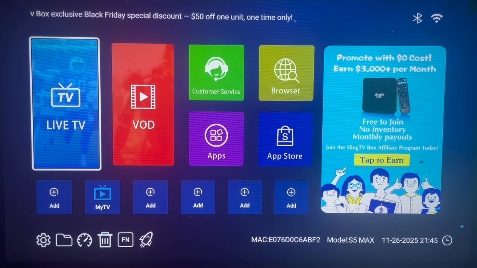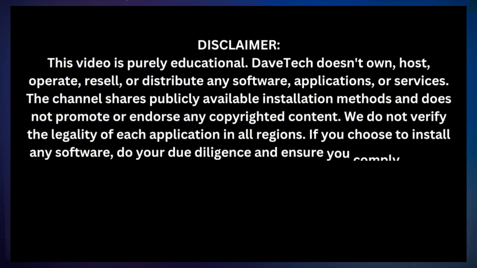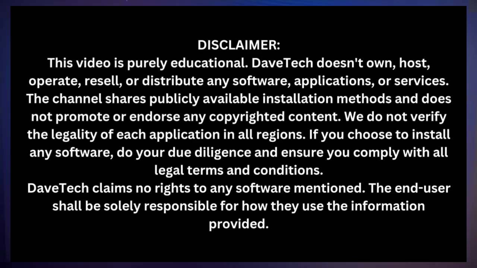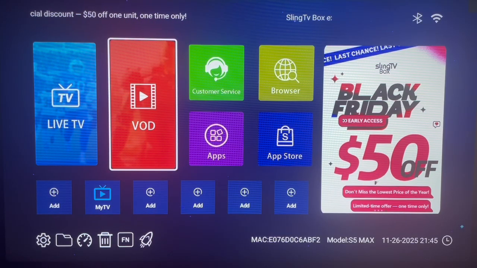So in this video, I'm using my Android TV box called Sling TV, and if you don't have a TV box, if you are using a smart TV that doesn't allow you to download applications, then you might want to